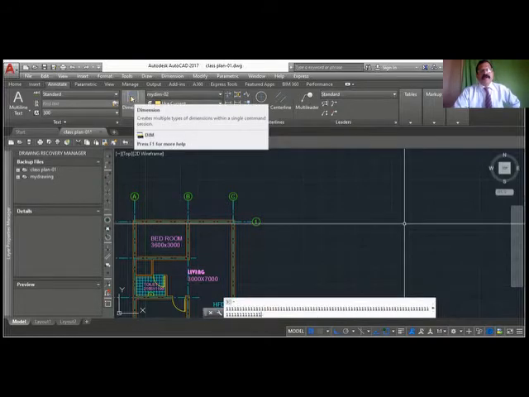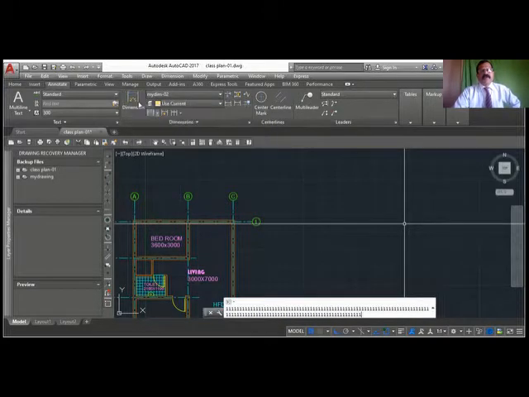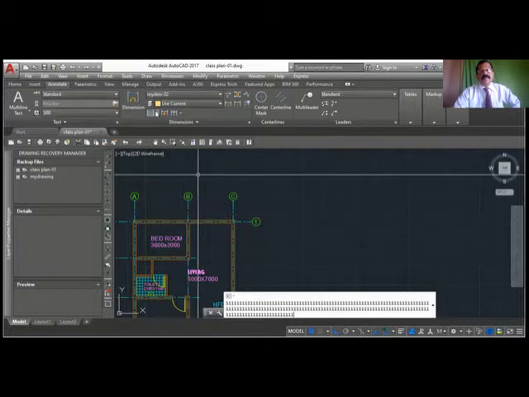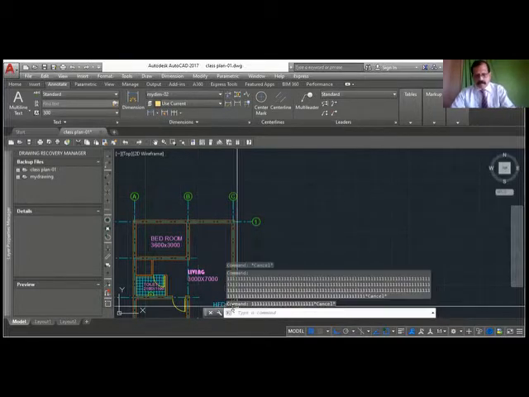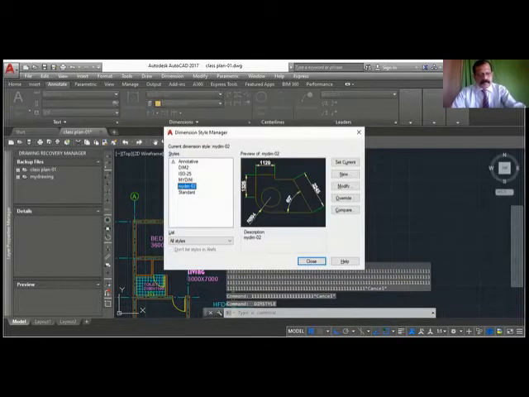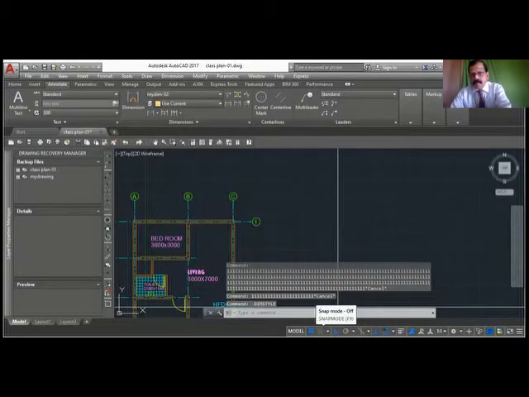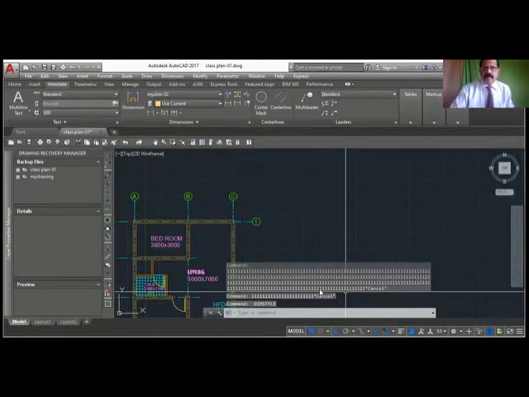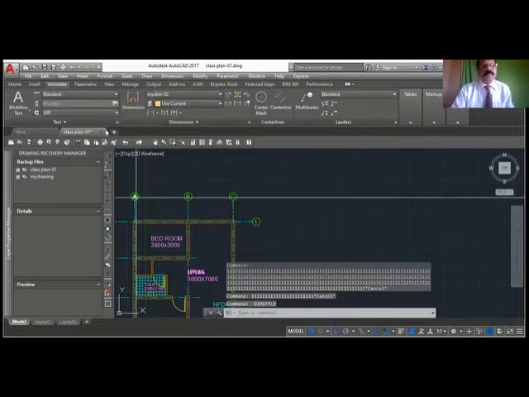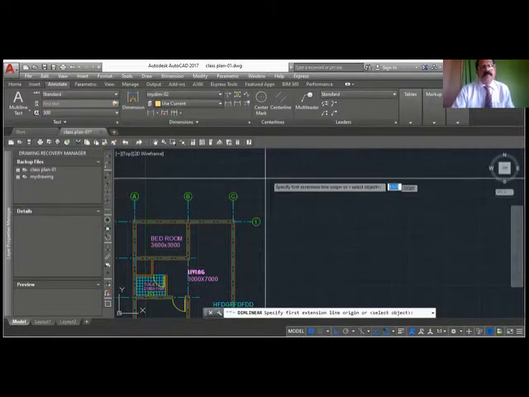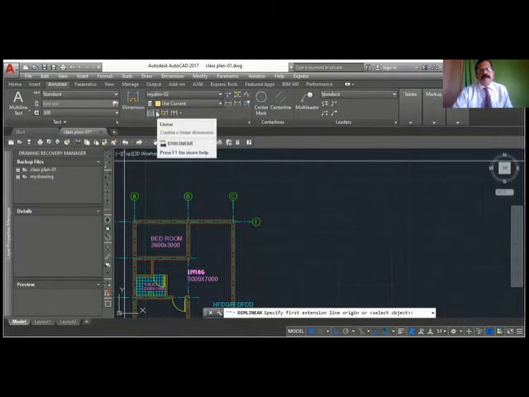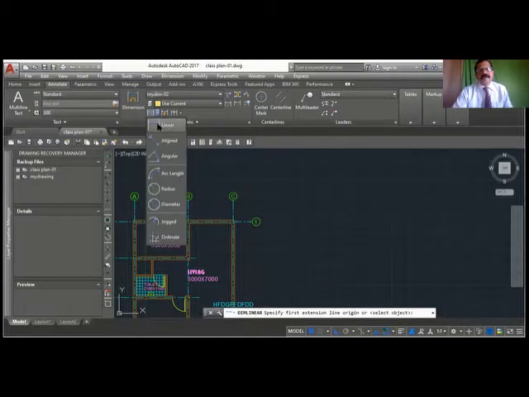This is for horizontal and vertical, which you can get from here. When you click this one, you can see there are linear, aligned, angular.